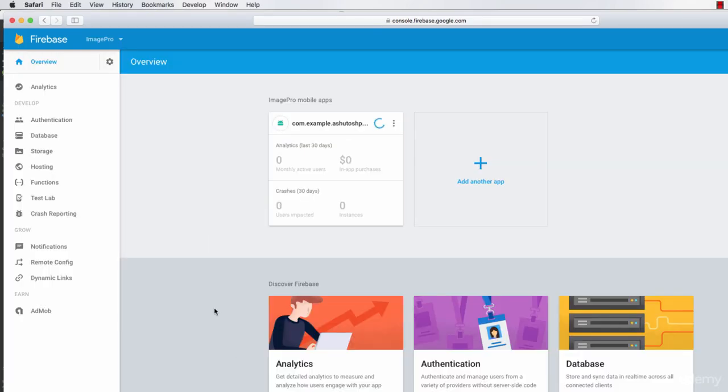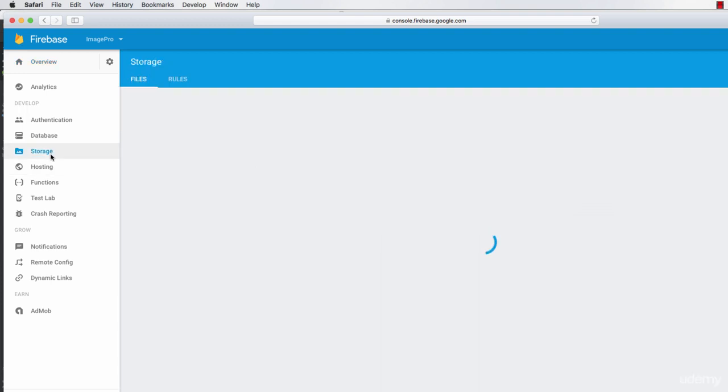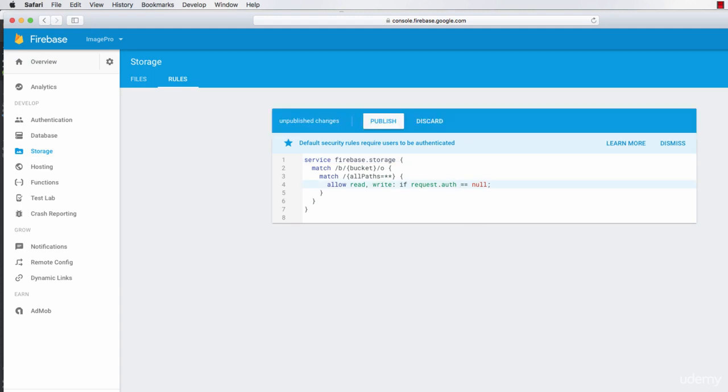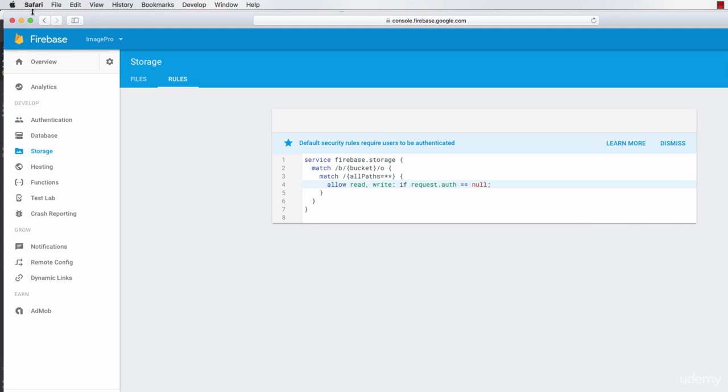So simply open up the Image Pro, and if you go to storage, and go to the rules of storage, as you could see, it actually requires authentication. What you need to make sure is that you disable these rules as long as you're developing these applications. Once you have provided the login facility, you have to re-enable these rules. So simply hit publish. And once this is done,